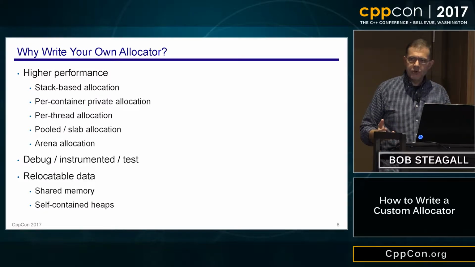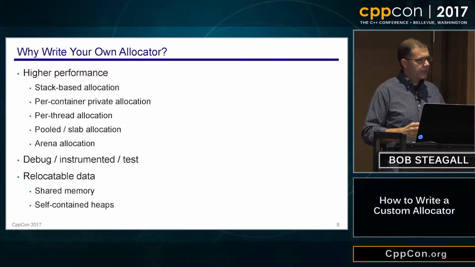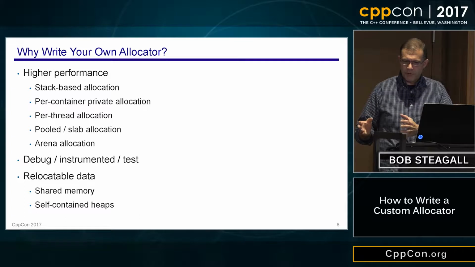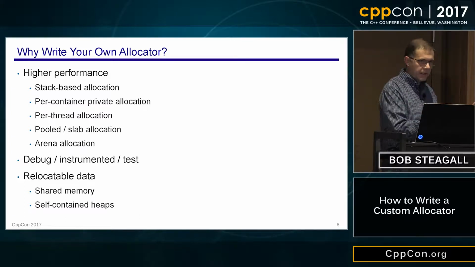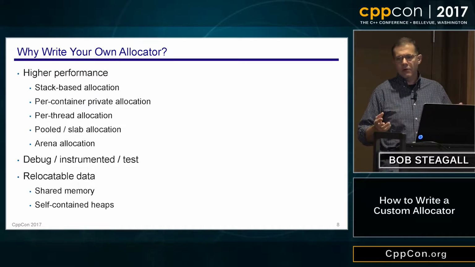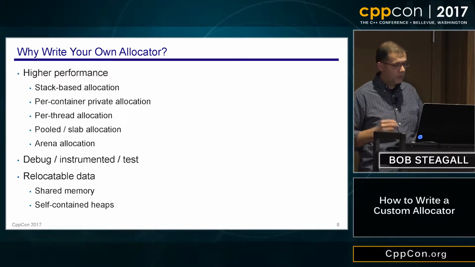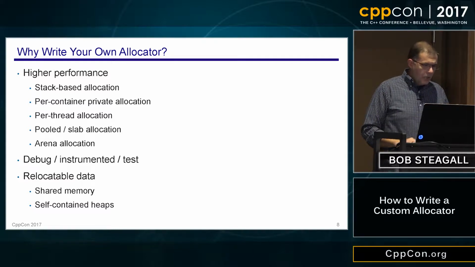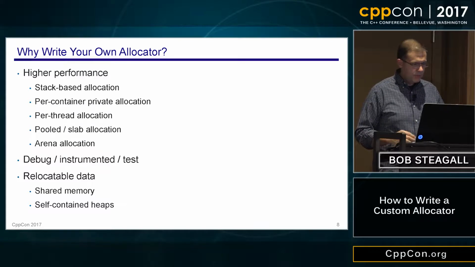You might want to have per-thread allocation. Perhaps you're doing something where your memory that you allocate is only going to be used by containers in their respective threads. And memory that's allocated in one thread is never going to be deallocated in another thread. Well, maybe you want to write an allocator that doesn't have the overhead of locking and unlocking like you would with a multi-threaded allocator. You might want to do some sort of pooled or slab-based allocation strategy, which might be